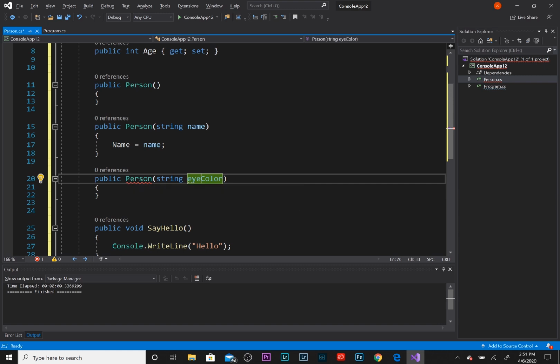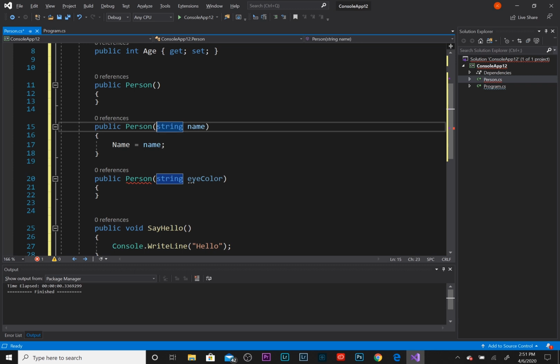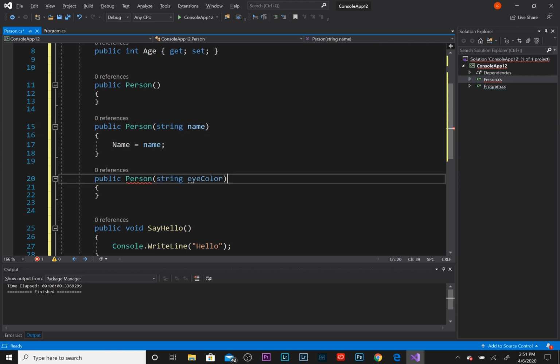The reason this red underline is here is because the compiler cannot interpret the difference between these two constructors. Now when you instantiate a constructor, the compiler knows the differences between constructors by the type of the parameter that you pass in, and the number of parameters that you pass in. So according to the compiler, there's no difference between these two constructors. To you, there is a difference, obviously, eye color and name. But to the compiler, these two are the same because you pass in the same type and the same number